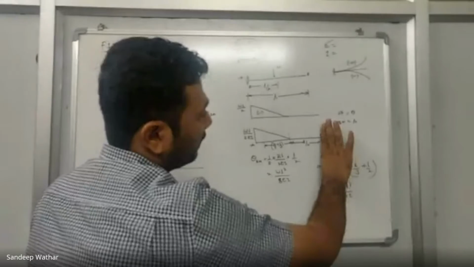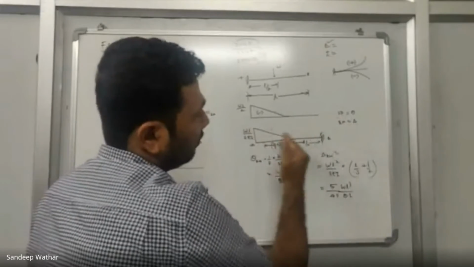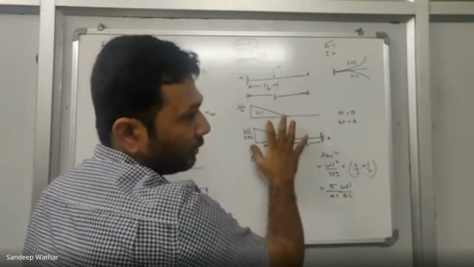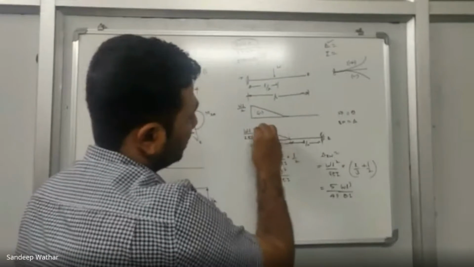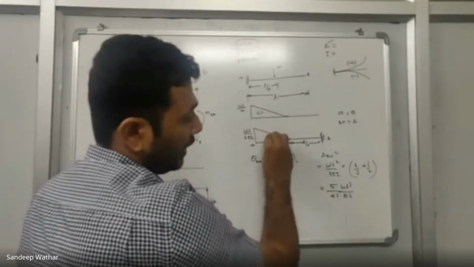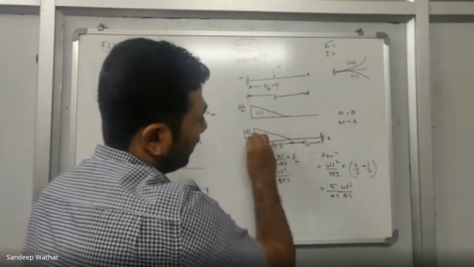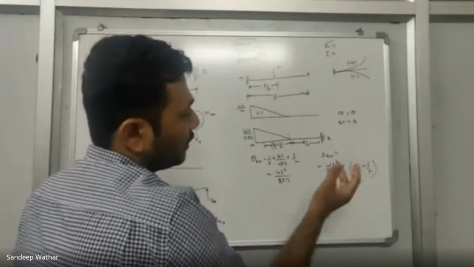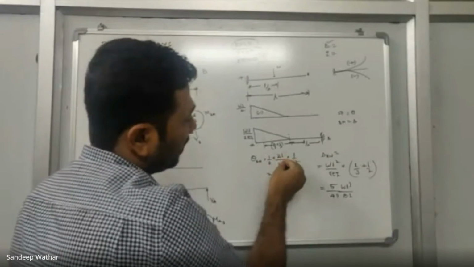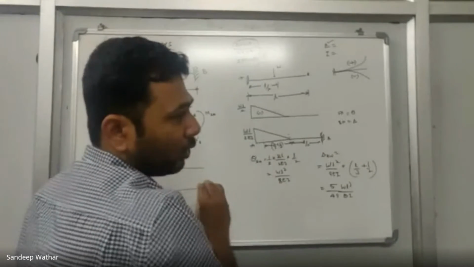So I'm taking the shear force of this till point B. Now how do you calculate the shear force? You have to see the left of B and sum up all the shear force. We have only one load here, which is the WL by 2 by EI triangular load. If I calculate the total area of this triangle, I will get the shear force at B, right? So I have calculated this as 1 by 2 into WL by 2 EI into L by 2. From that I got the slope.